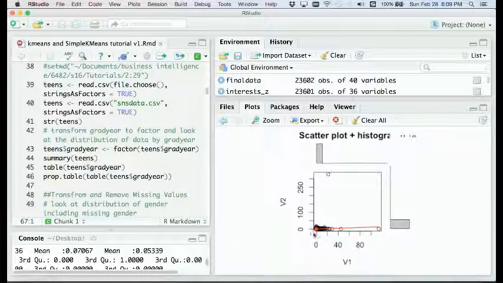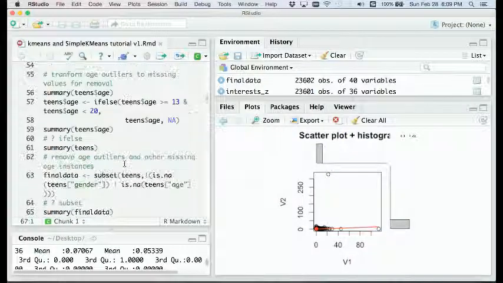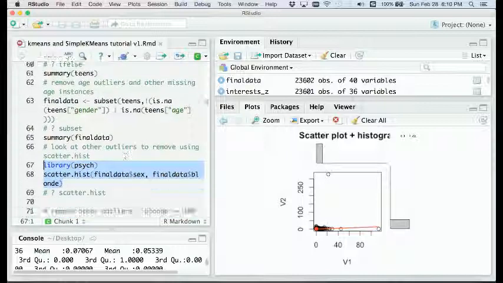So you can see the x-axis represents the frequency of people mentioning the word sex, and the y-axis is the frequency of